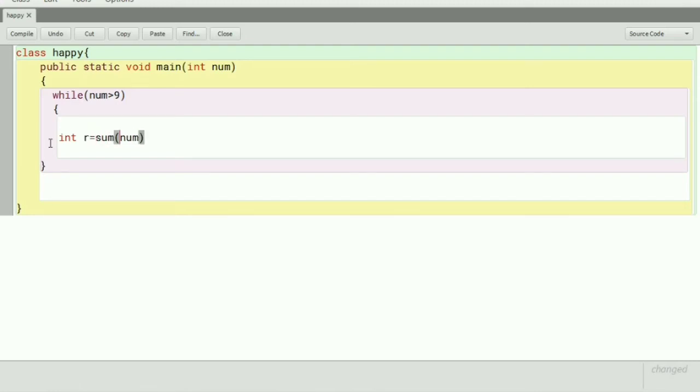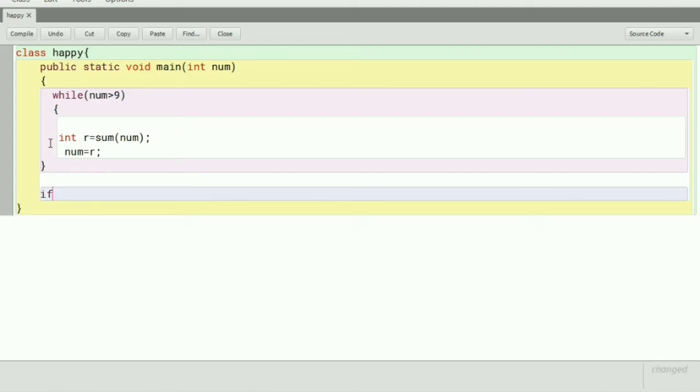and that I'm assigning to the same number, num. So next time that num will become the sum of the digits only. Otherwise, you can also directly keep num equal to it in this place. Both are correct. Then I'm closing this while. So whenever the number is double digit or triple digit, it will do the sum of the digits and the result will be stored. After the while loop, the sum of the digits is stored in num.